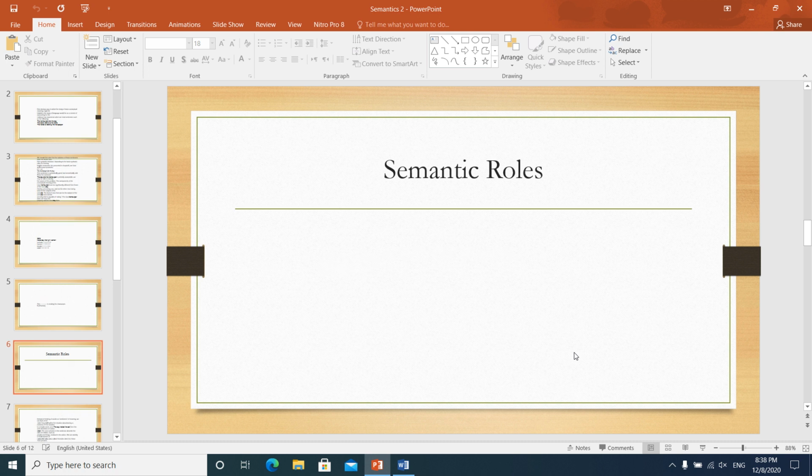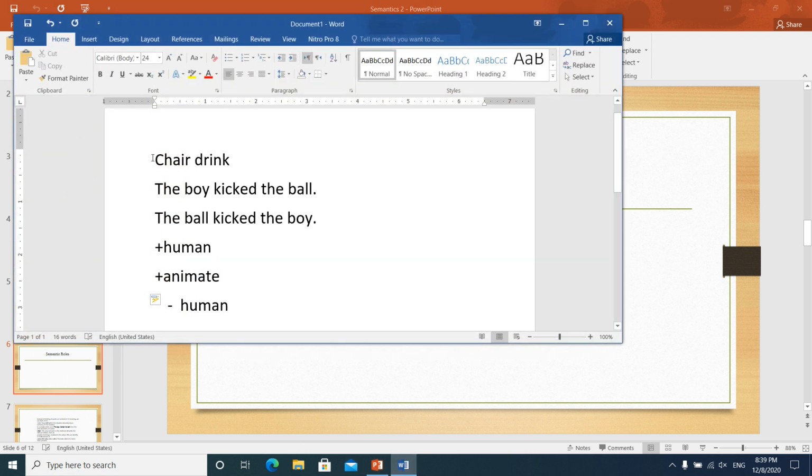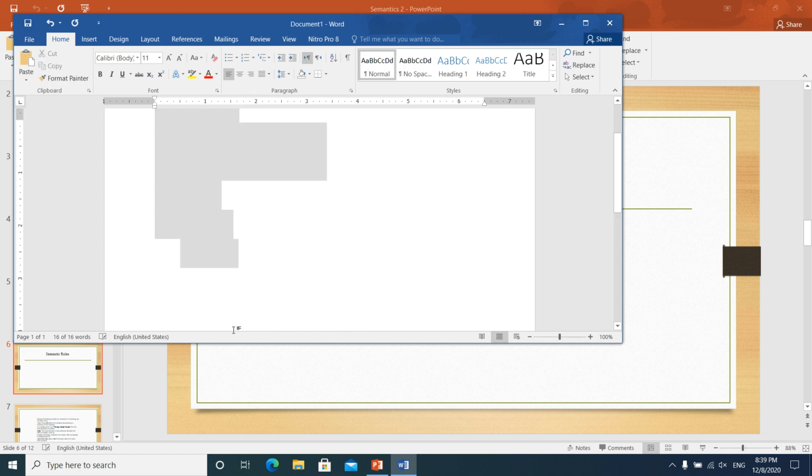Now let's move to another topic within semantics, semantic roles. And by semantic roles, we mean the roles which are occupied by the elements of the sentence. Roles that are related to meaning, not to grammar. In grammar, we have nouns, for example,